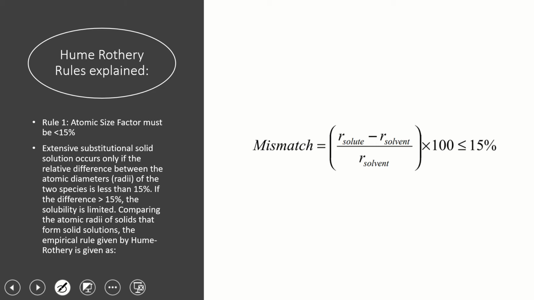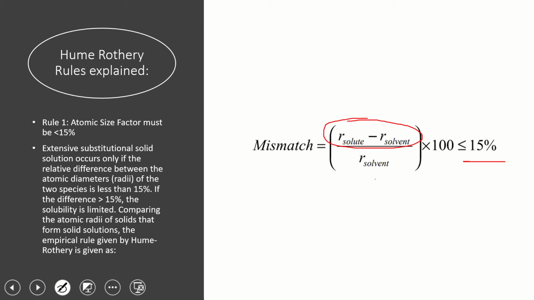The first rule is that the atomic size factor must be less than 15%. And how do we calculate this atomic size factor? By subtracting the atomic radius of the solvent from that of the solute, dividing by the solvent's, and multiplying by 100. If it is less than or equal to 15, the Hume-Rothery rule is satisfied and the substitutional defect can be formed. If it's greater than 15,